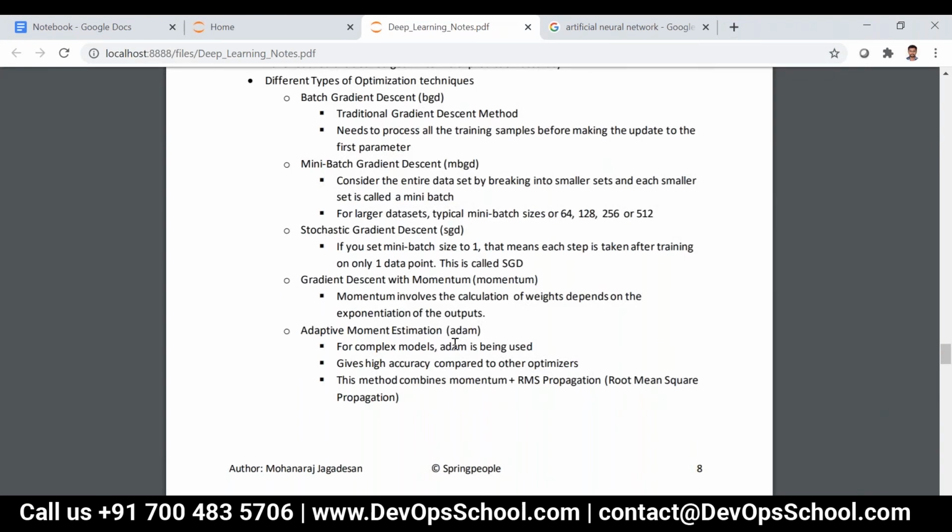One question: this deep learning, can it be used for clustering? Clustering also it is being used actually. Yes, it is being used. But we don't have any accuracy associated with that, right? Yeah, but it is being used. I have never used it myself, but clustering is being used.